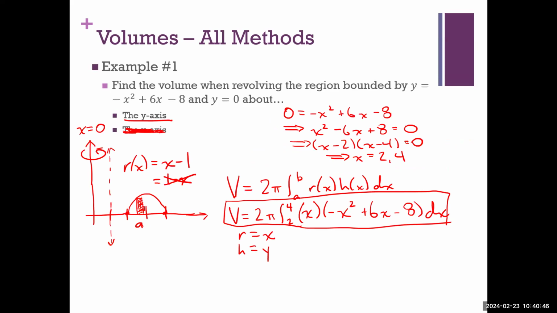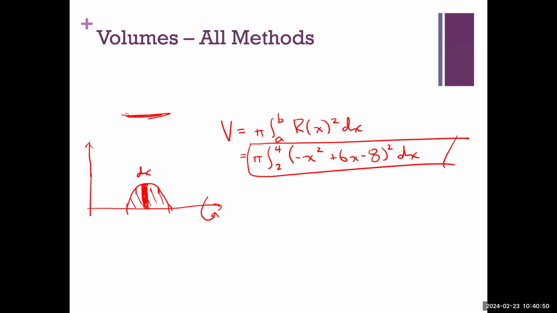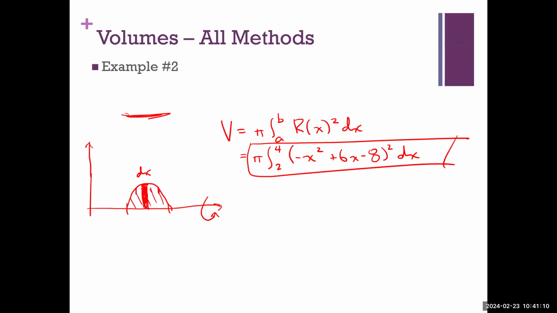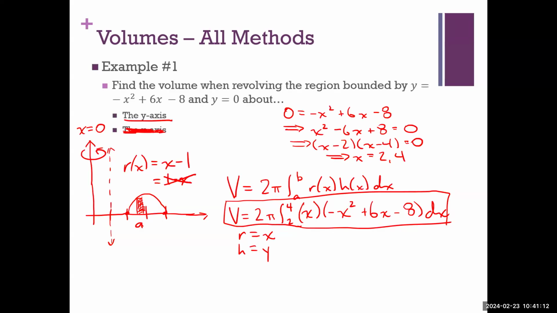What if I were to actually compute them? Should they be the same? Why not? One is a disc and one is a shell. It's not quite enough. The distance it's traveling around the circle is different. The distance is different, but also I'm not even making the same solid,